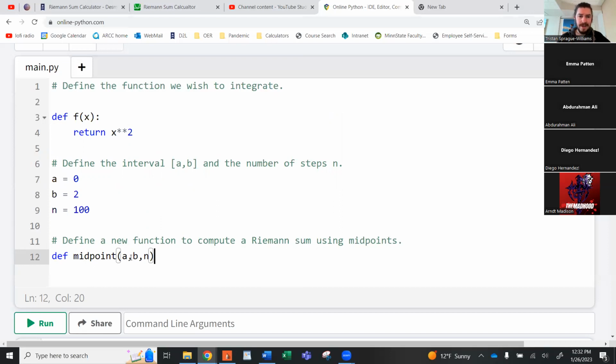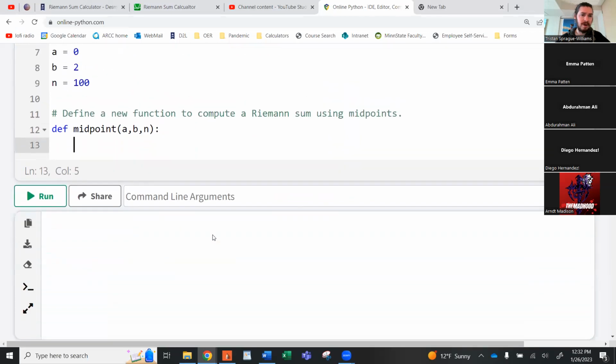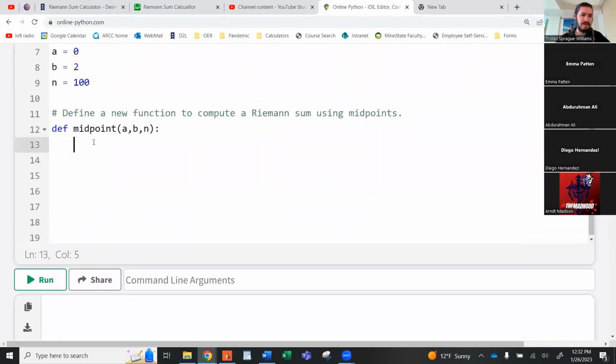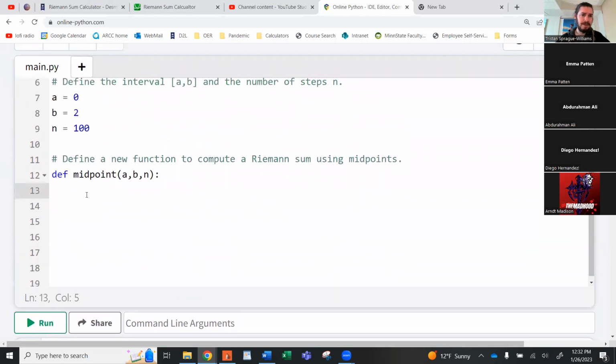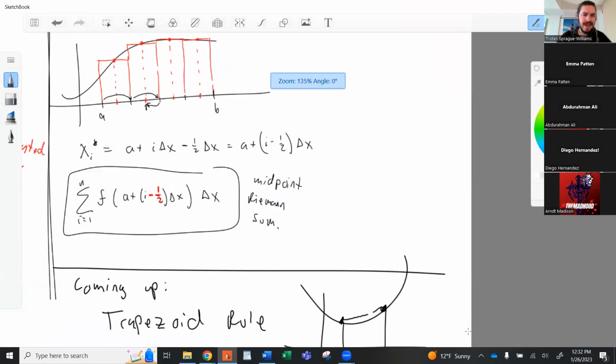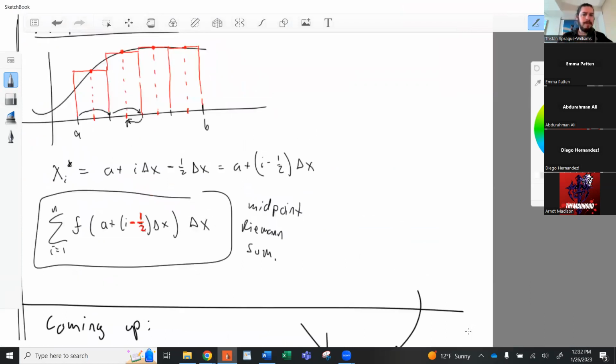So a, b, n, and then another colon, since we're defining a function, and now we're going to type in our whole definition of the function inside here. I'm just going to hit enter a few times to give myself some space so I can move it up a little bit. All right, so now how are we going to define this? Instead of doing exactly what's written down here, what I actually want to do is